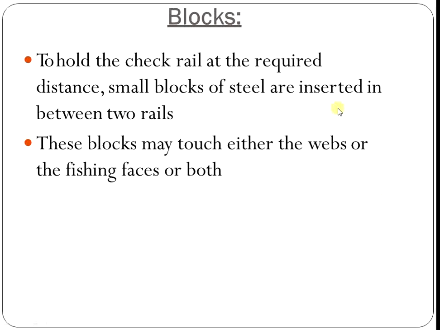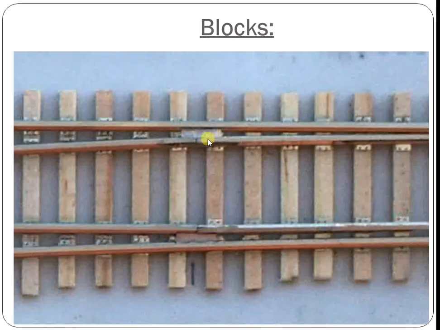Next one is the last point, blocks. To hold the check rail at the required distance, two small blocks of steel are inserted in between two rails. These blocks may touch either the web or the fishing face or both sides. That is the minimum. Here we see that when an additional rail is joining with the inner face or outer face, at that time you have to use this type of the blocks for the purpose of